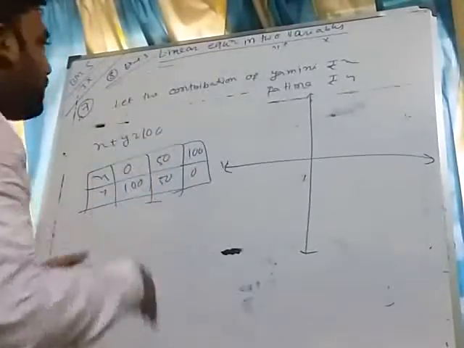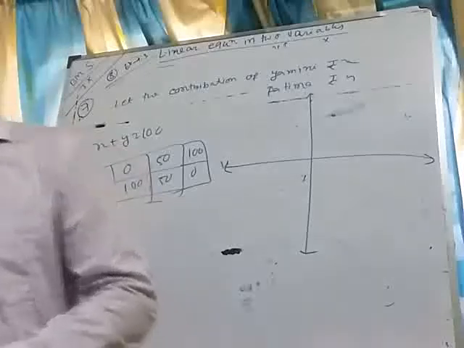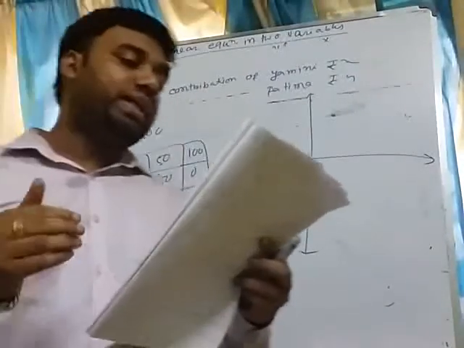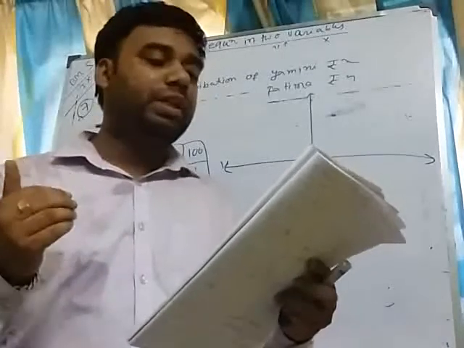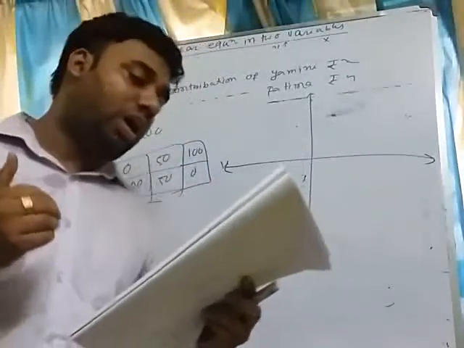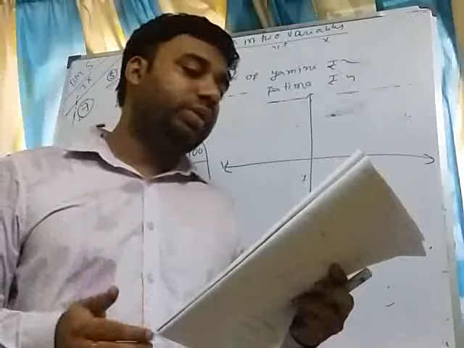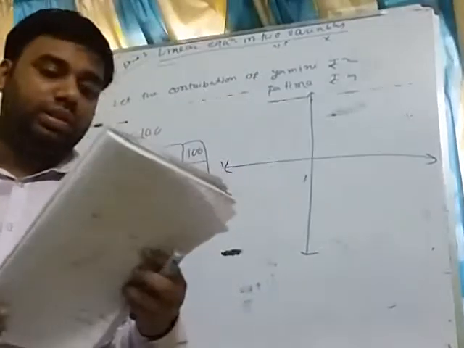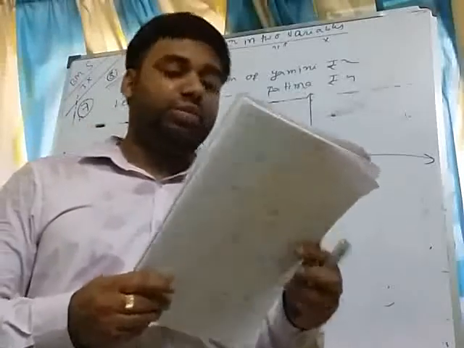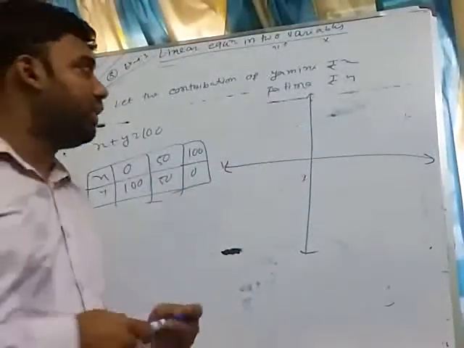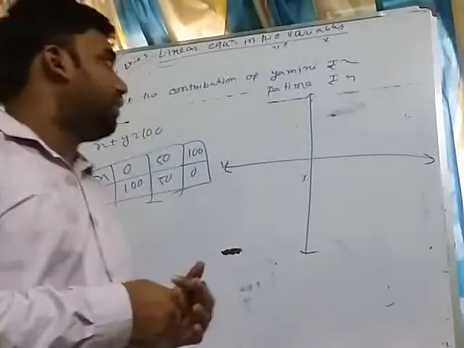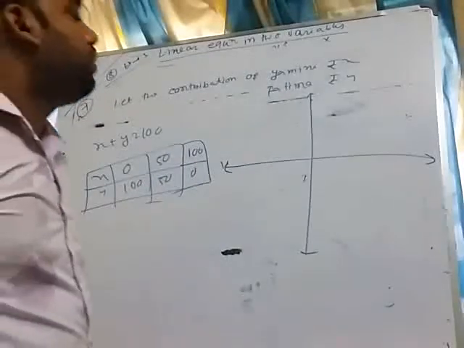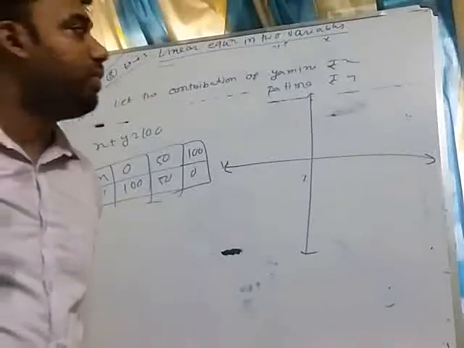Okay, now move on to question number 7. In question number 7 it is given that Yamini and Fatima, two students of class 9 of a school, together contributed ₹100 towards the PM relief fund to help the earthquake victims. Write the linear equation which satisfies the data. You may take their contributions as rupees X and rupees Y. Okay. So in this question it is given that